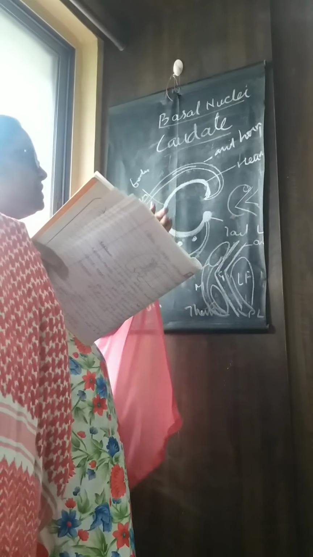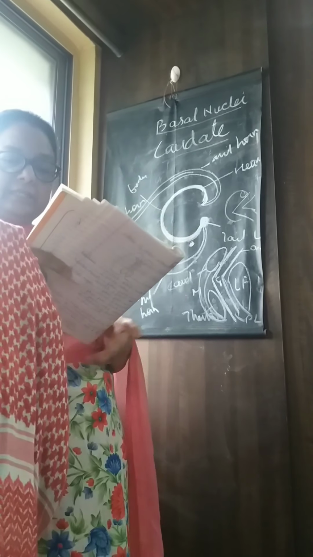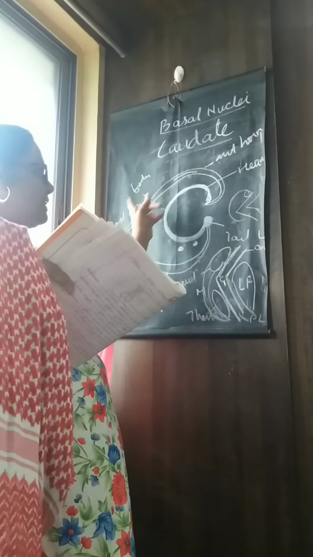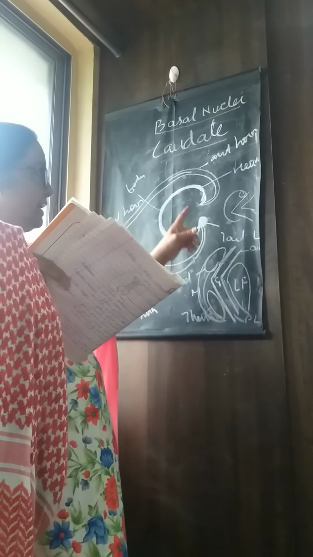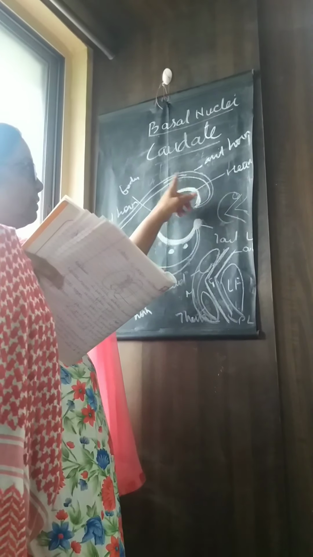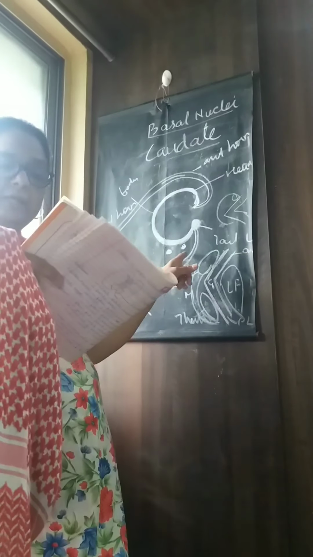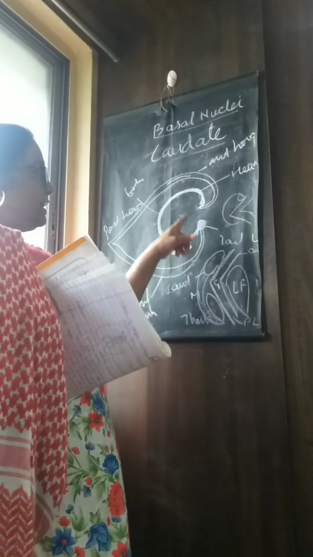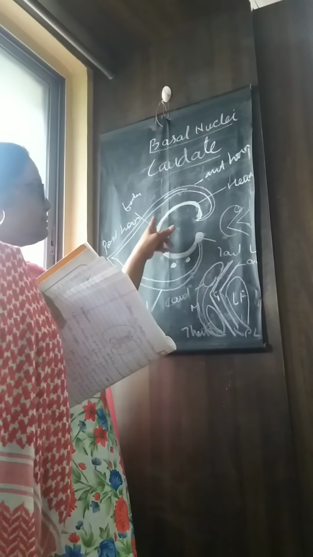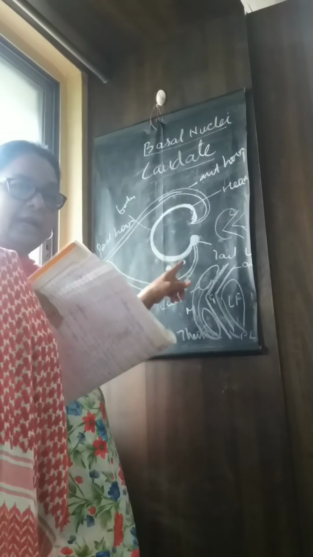Now the caudate nucleus. The caudate nucleus in Latin means striped body. Got it? It is a C-shaped nucleus, or a comma-shaped nucleus, you can say, and it is surrounded by the lateral ventricle. In the concavity of the C is situated the thalamus. So all throughout its extent, it is related to the lateral ventricle. Got it? It has a head, a body, and a tail. So the parts of the caudate nucleus are head, body, and tail.